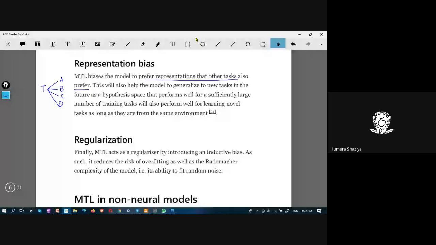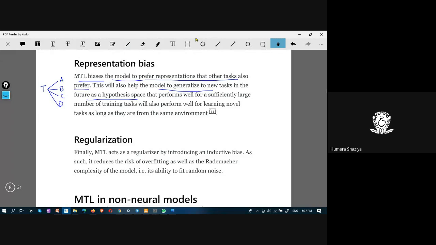That the teacher is biased. Is it not? Therefore, the same method is documented here, stating that MTL biases the model to prefer representations that other tasks also prefer. And this will help the model to generalize to new tasks in the future, as the hypothesis states, and it performs well for a sufficiently large number of training tasks.